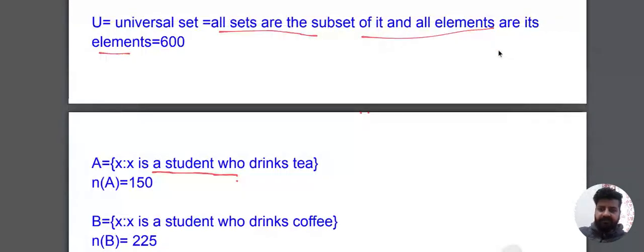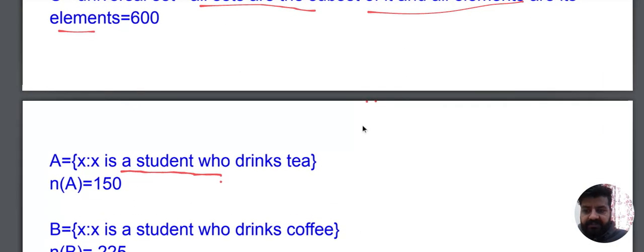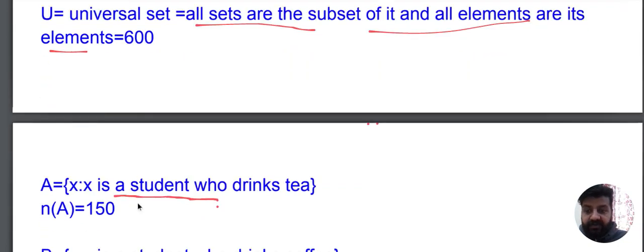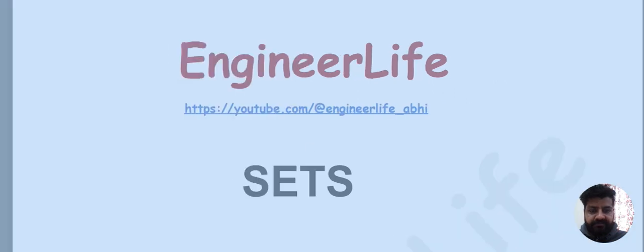So what is set A? Set A is the set of all x such that x is a student who drinks tea. And how many students drink tea? 150 students. So the number of elements, my dear, the number of elements,